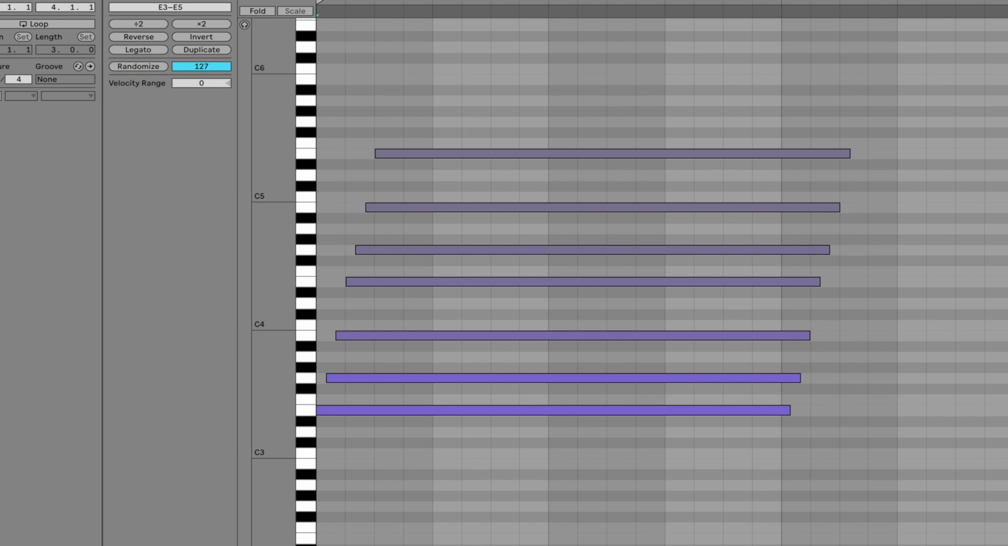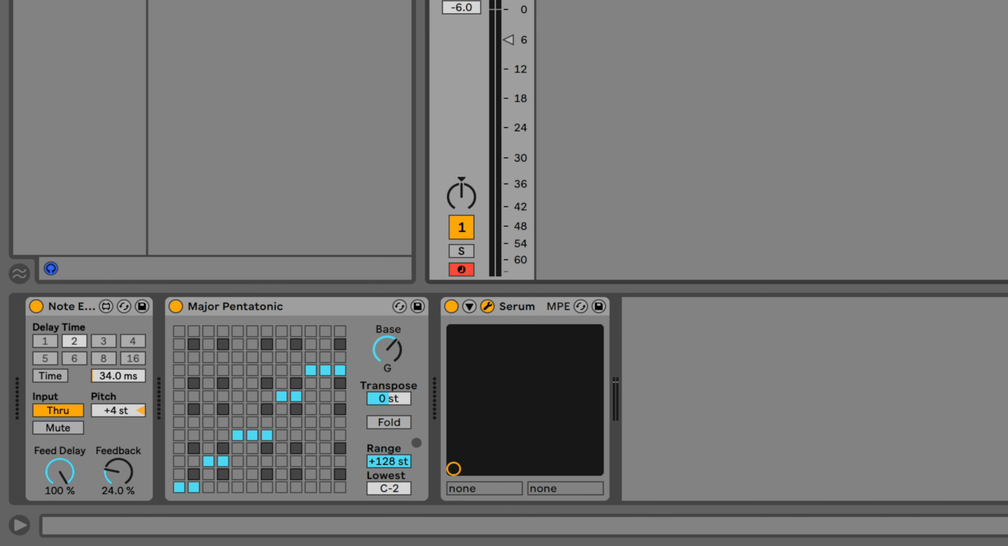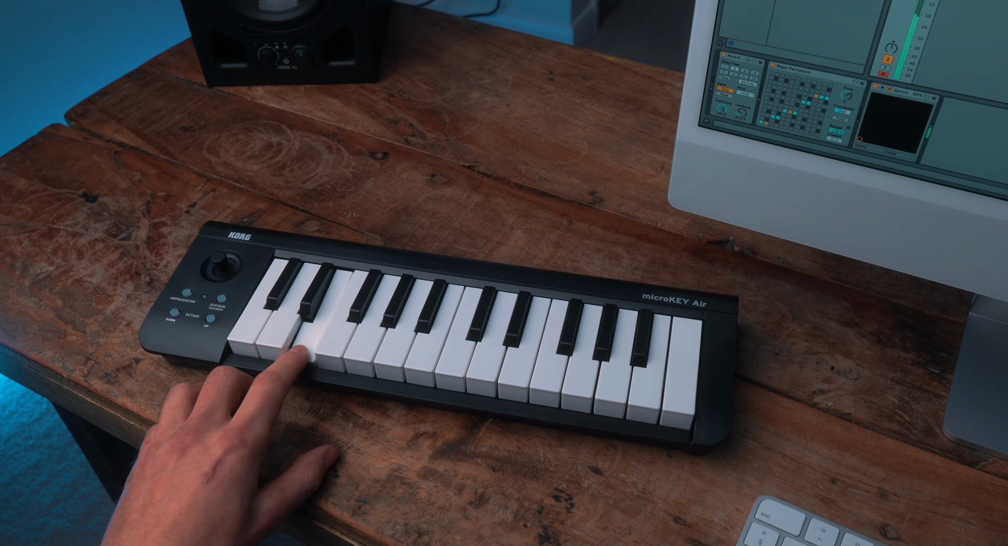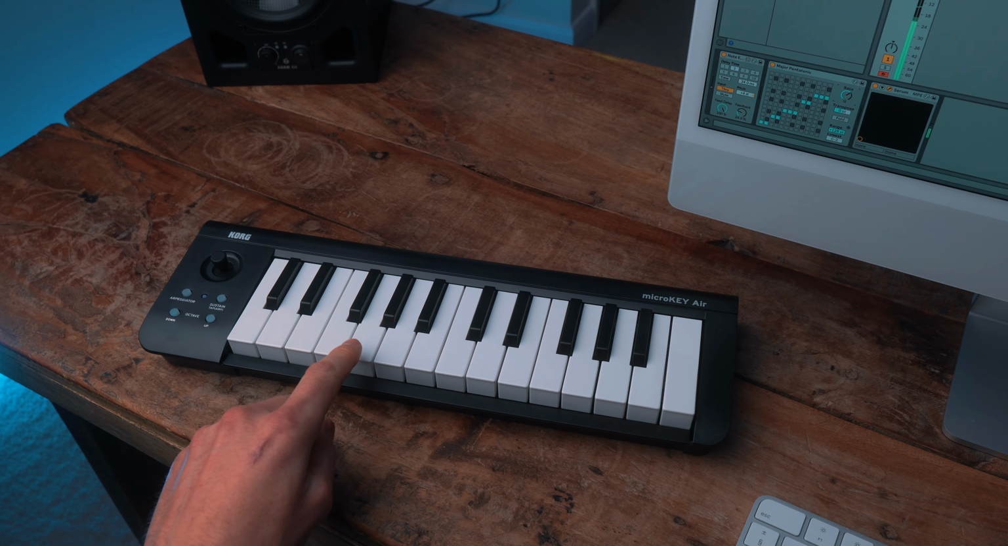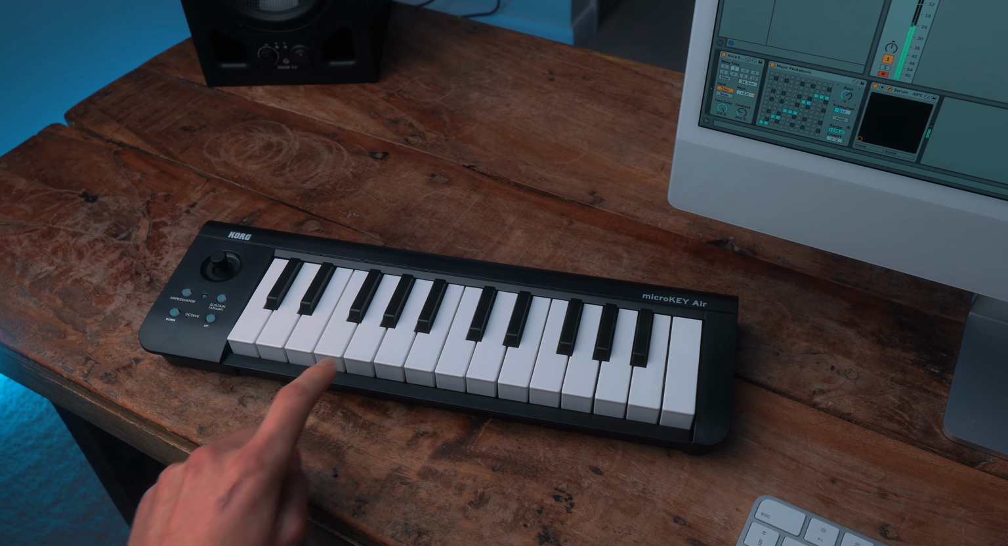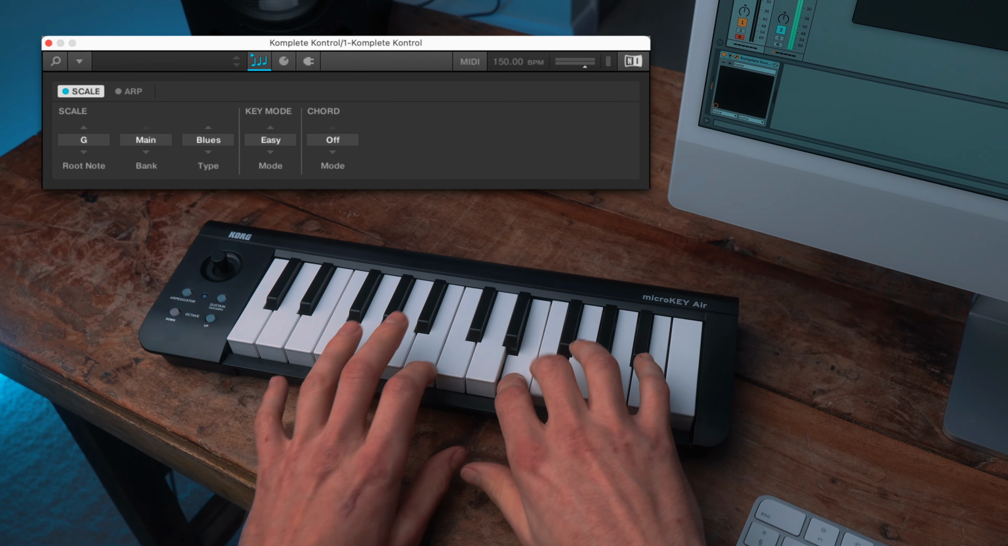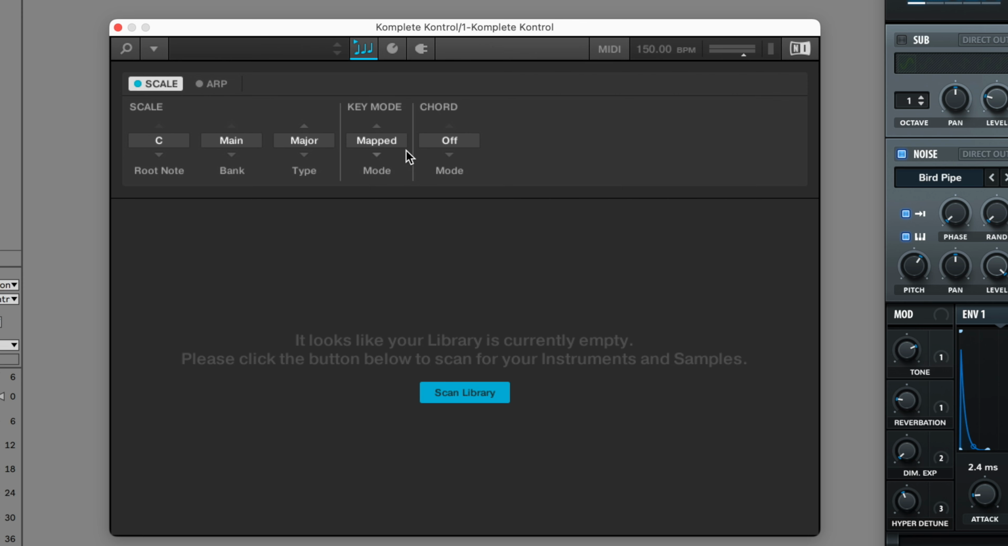Another way to create a strum effect is to use note echo with some pitch shifting, some feedback rooted into a scale MIDI effect, turning this into this. Sounds very magical. My favourite way to play in a specific scale is to use easy mode in Complete Control,